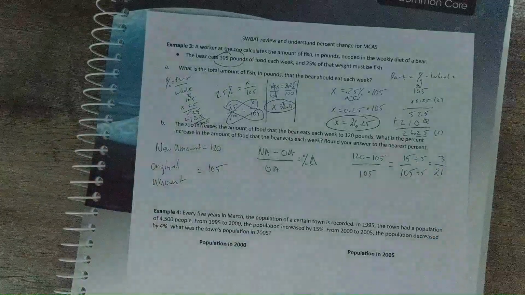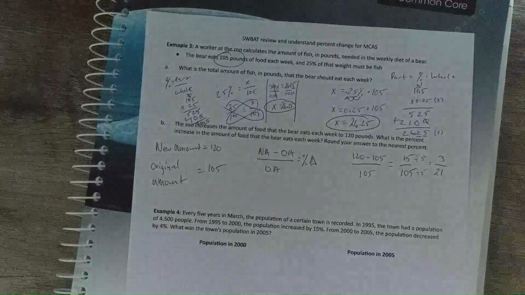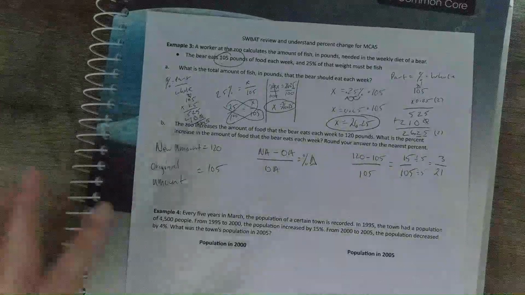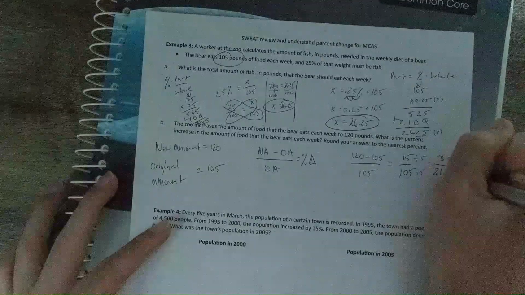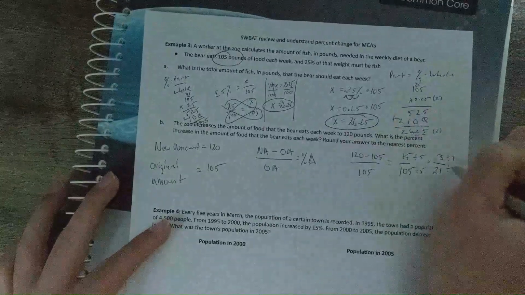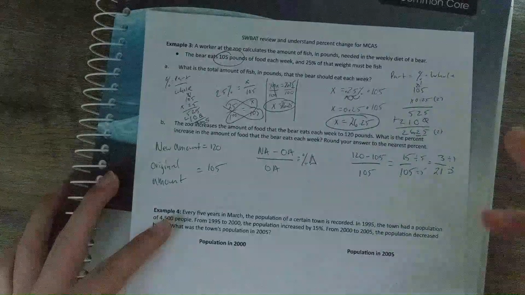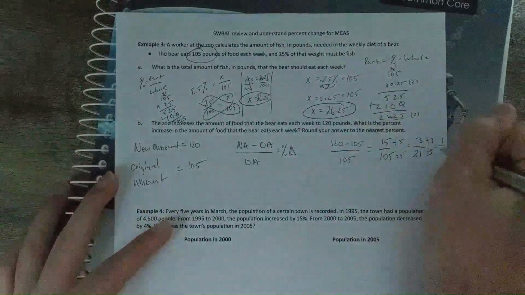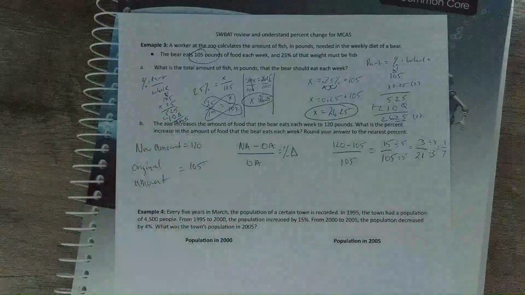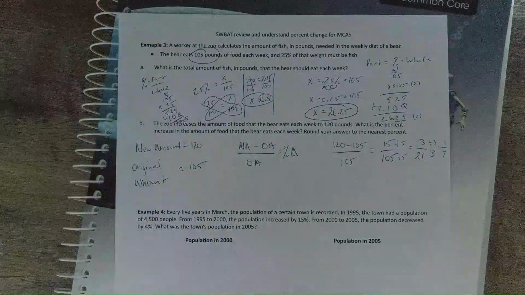Whoa, I can now simplify it by 3 as well. Wow, I didn't think it was going to get down that far. So I simplify it by 3, and I end up getting 1 over 7. And now what I want to do is I just want to get this as a decimal